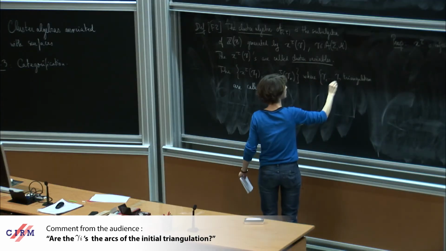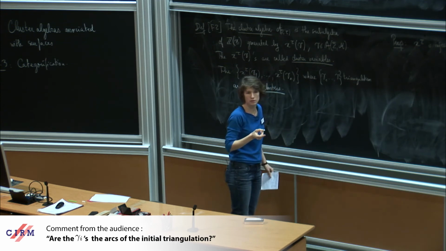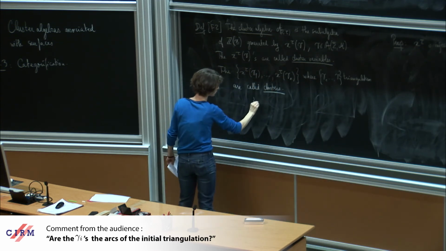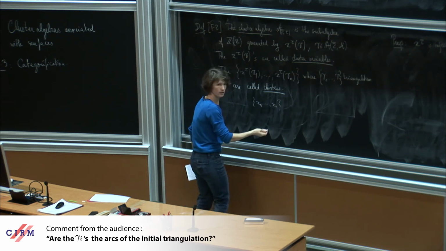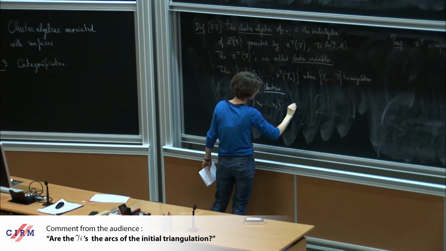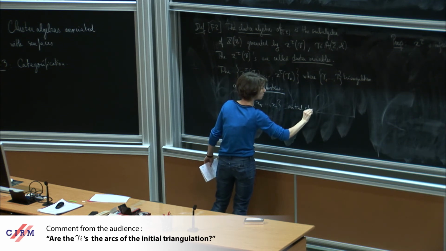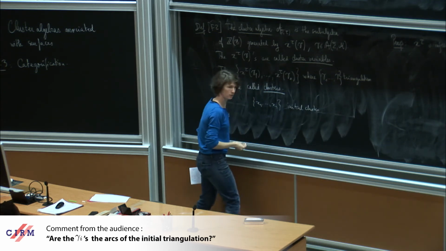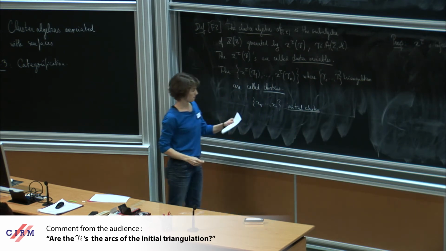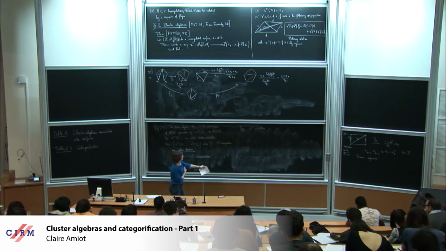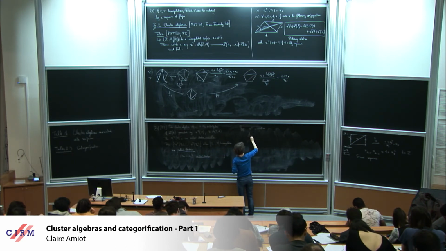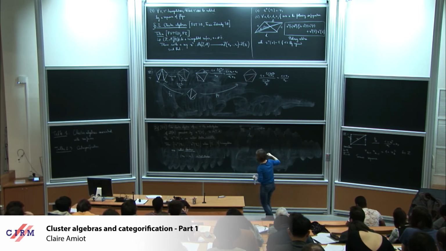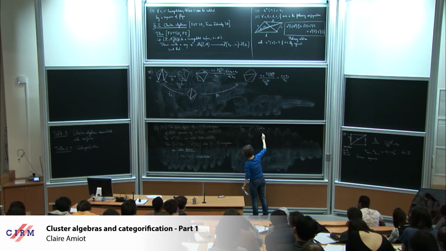It's any triangulation, not necessarily tau. Then, of course, x1 up to xn is a cluster, and it's called the initial cluster. But you have many others. Okay. So this map is injective, and also one can show that